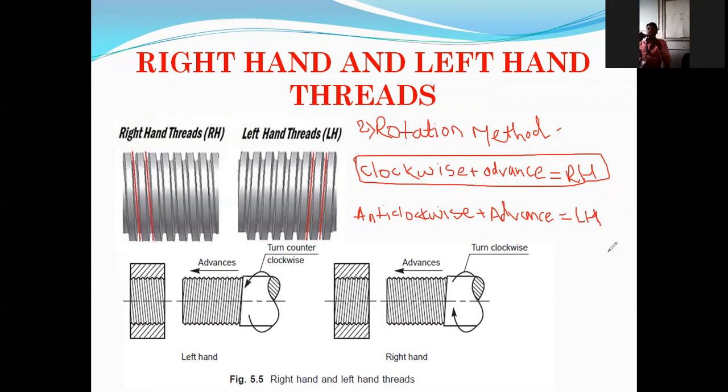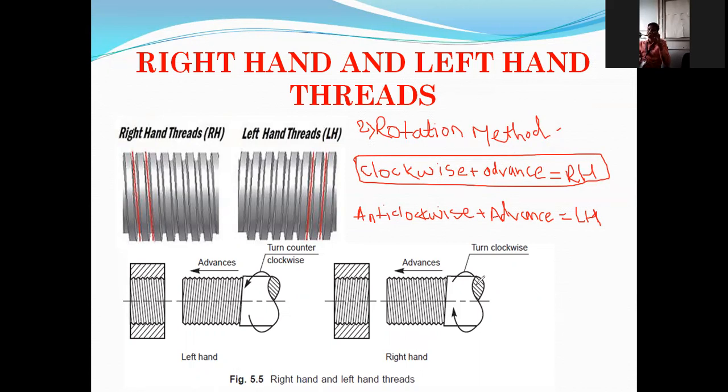Suppose a bolt is there in your right hand side, so you have to observe from right hand side, so that you can see clockwise or anti-clockwise rotation and advance. Anti-clockwise फिरवताय आणि पुढे चाललंय मात्र, then it is having left hand thread. So unless and until you hold a nut and bolt in your hand and try on your own, you will not understand. So any nut and bolt you can take for a practical purpose to identify types of thread. Which are the types of thread?